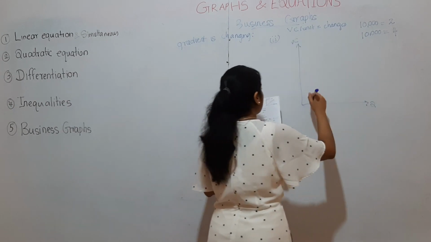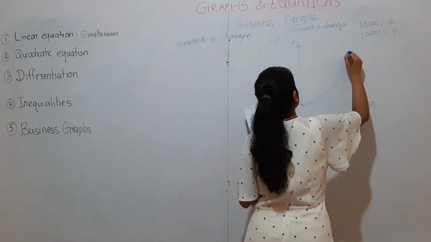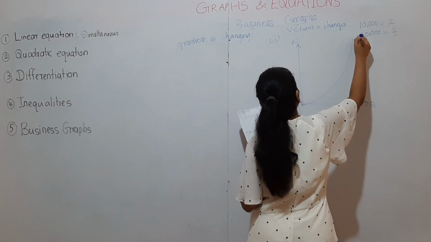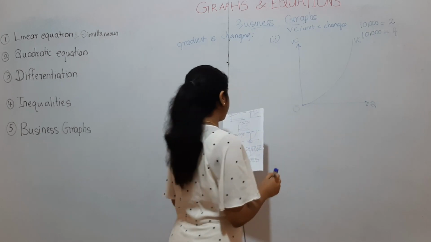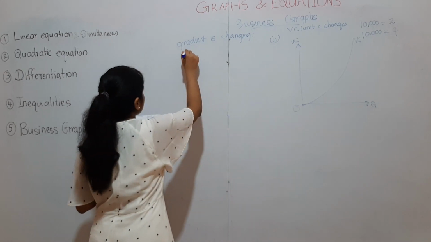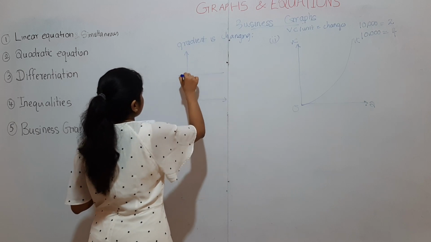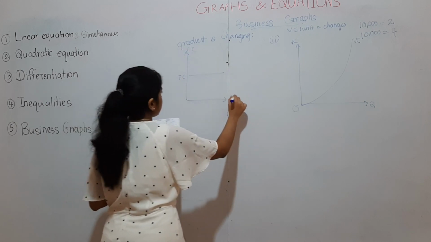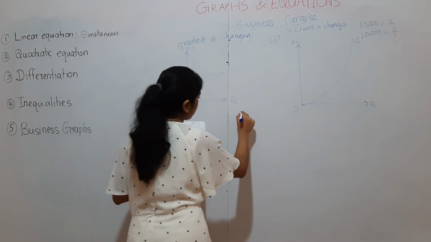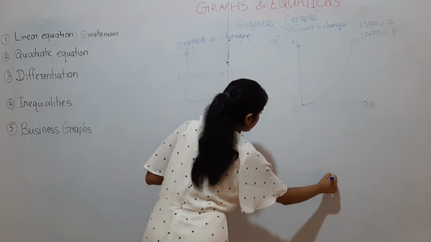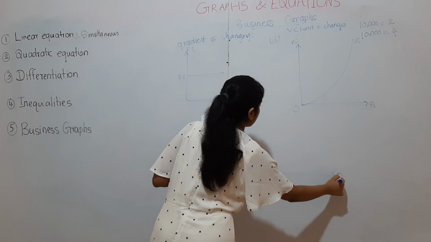Okay, it will start from 0 but like a parabola curve. Okay, but your fixed cost will be anyway fixed, like this. Fixed cost will be the same because it is fixed. But your total cost curve will again change because of the variable cost.